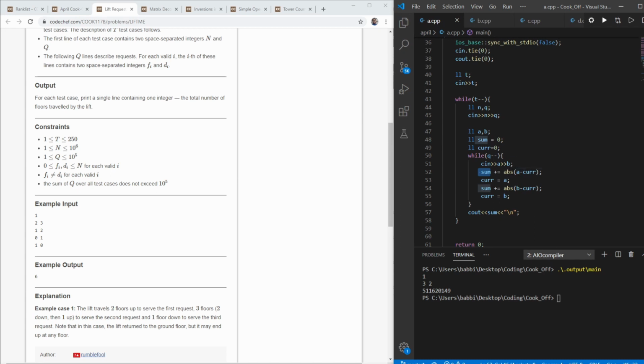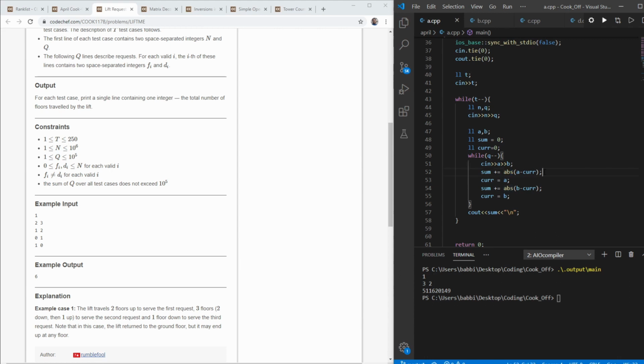Then I added to the sum. I actually use ABS, the absolute function in C and C++, which is like mod in maths, like the modulus we use. So it is basically this ABS, absolute.